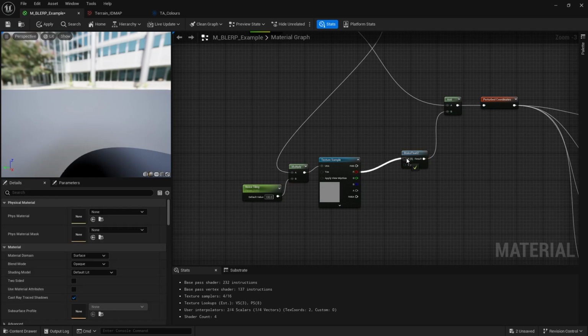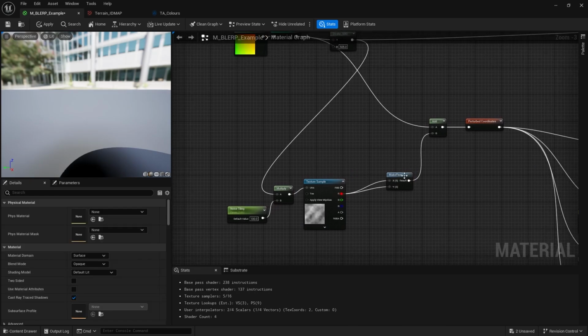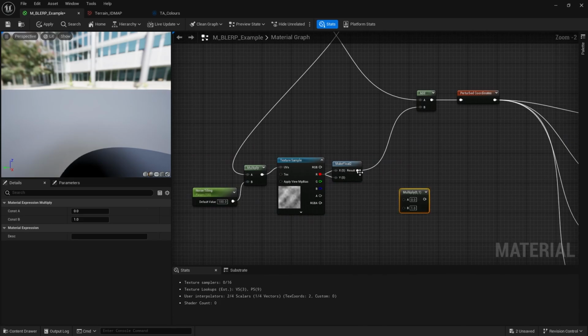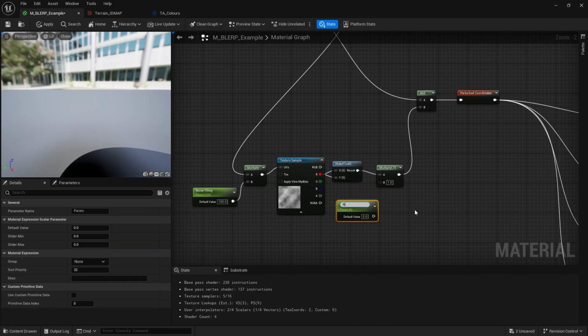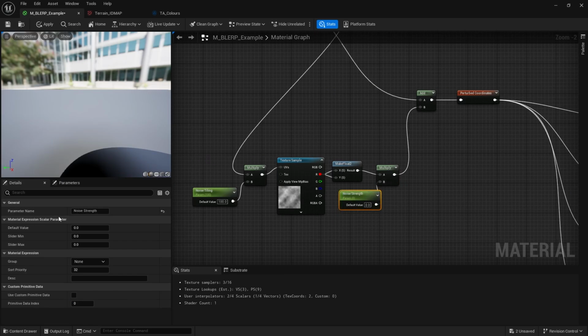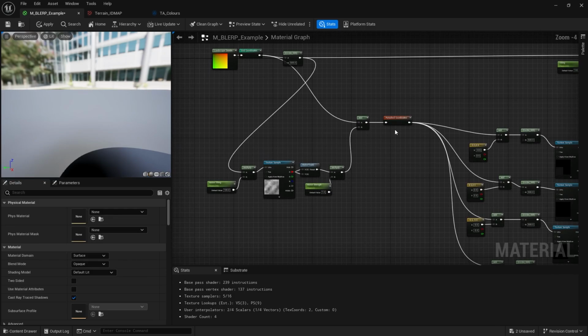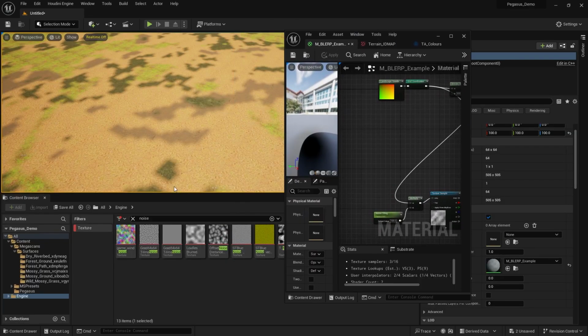And I'm going to wire that noise into both. And then we can multiply the output by some factor, noise strength, set to 1 by default. And now if we go ahead and hit apply,